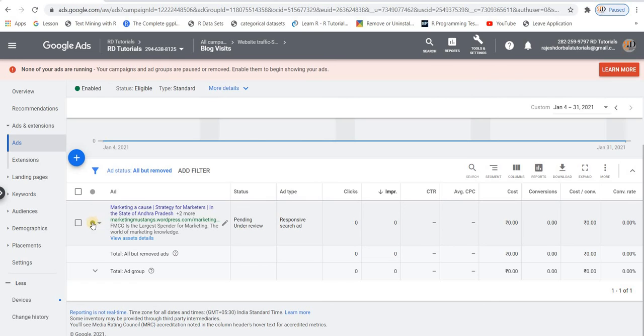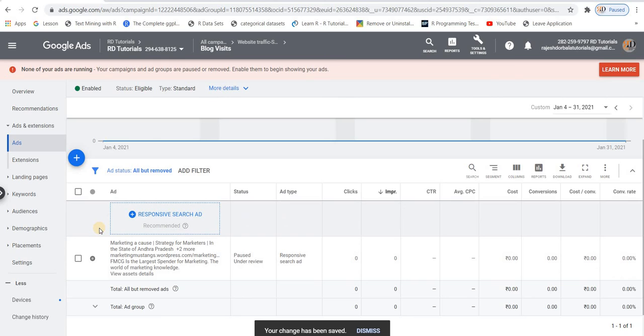Now, how do you control it? Just see, this green dot means this is an active ad. But this was just for demo purposes, so I don't want any money to be taken away from my account. So I can edit it. See, enable, pause. I can pause this campaign. For the time being, I pause this campaign in order to avoid any amount getting debited from my account. And this is how you set up a basic ad campaign.